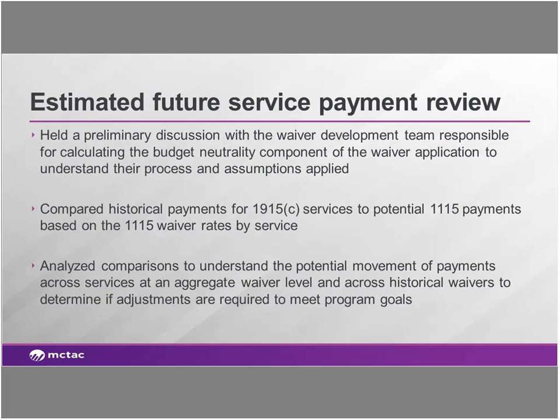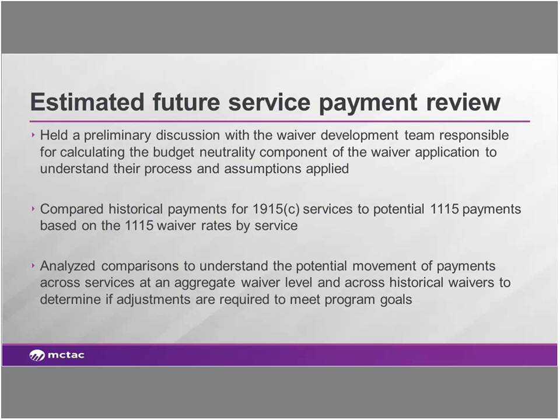Estimated future service payment review. So one of the biggest things is that you compare historical payments under a 1915C to the potential 1115 payments that we're coming up with. And we need to take into account that some of the things are different. So we can do budget neutrality, but until it starts, we're really just sort of guessing where we're going to